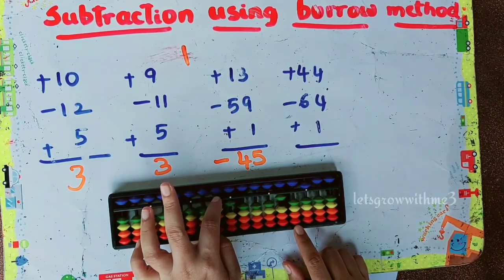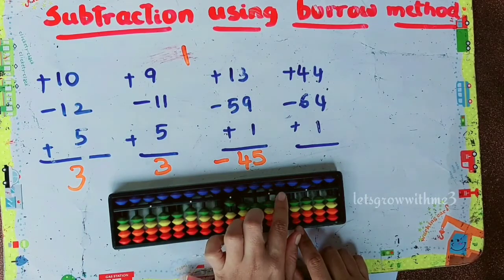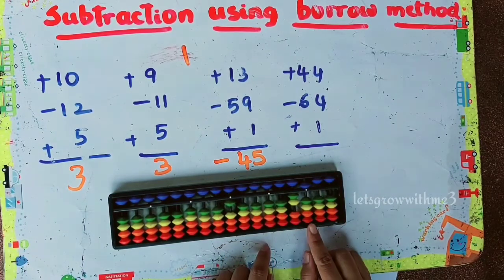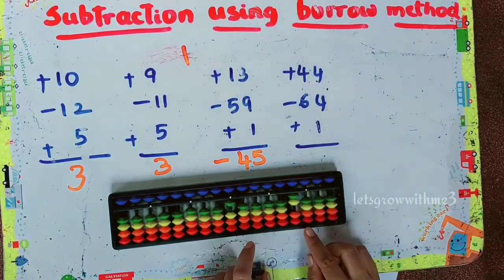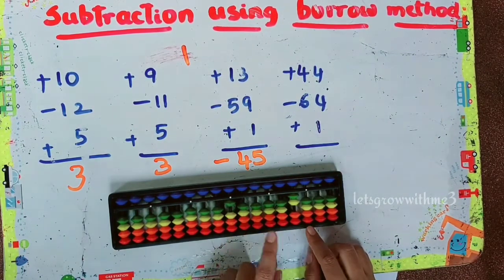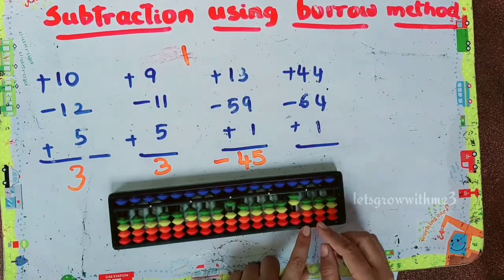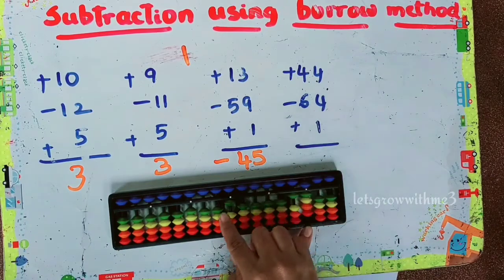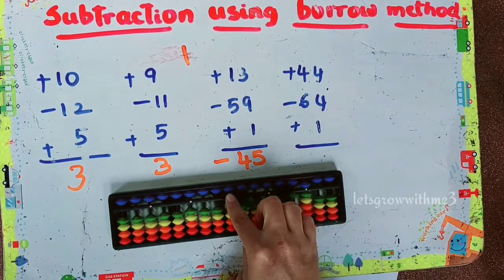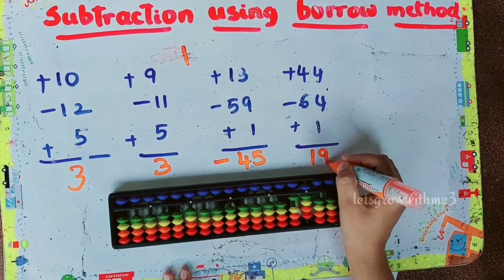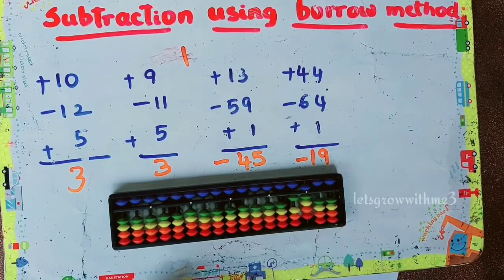Okay, so minus 8 means 100 is there, so minus 10 plus 2. Okay, in tens place we need to add 2. Then we need to subtract 1 in ones place, so minus 10 plus 9. So again you need to use your big friend formula because 20 minus 1. So 20 minus 1 means how much? 19, right? 1, 9, 19. Now we subtracted 8 as well as 1. So the answer is 19 with a negative sign. So the answer is minus 19.